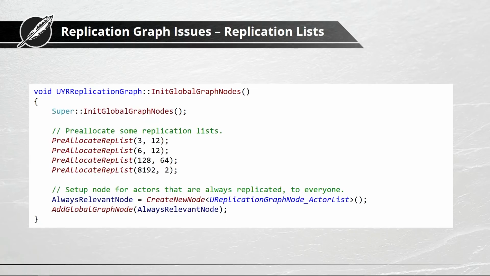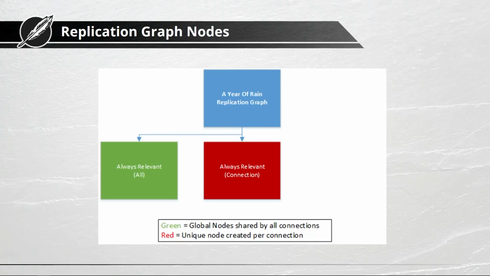So we just allocated a very large list to put all the trees in there, for instance, and then this error just vanished. And then we at least got some kind of pretty laggy variant of what you've been seeing before. Everything was replicated, everything was visible, but the performance was not too great. And that's when we introduced the other nodes step by step. There is a class called UBasic replication graph that is shipped with the engine as well.